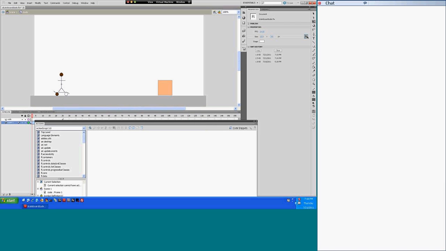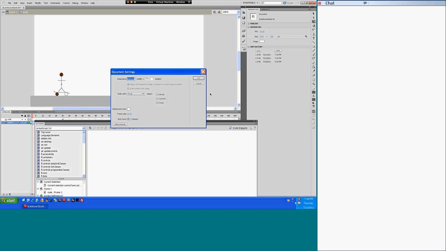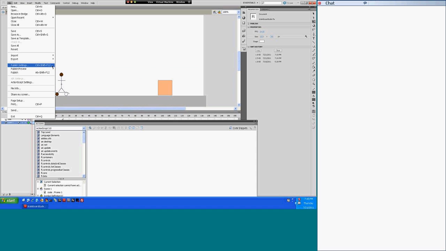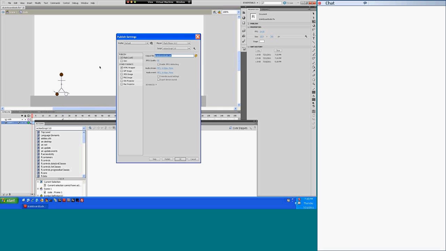I click on the publish settings, file publish settings, in the Flash area, under the advanced settings. They moved that stuff too, didn't they? Oh yeah, sorry. If you look at the bottom under hardware acceleration, you'll see